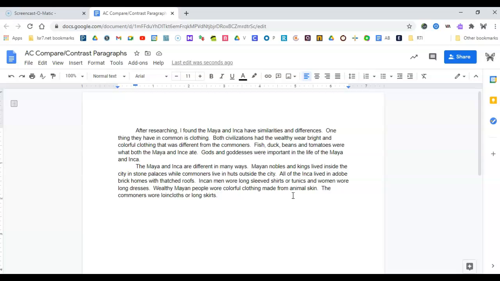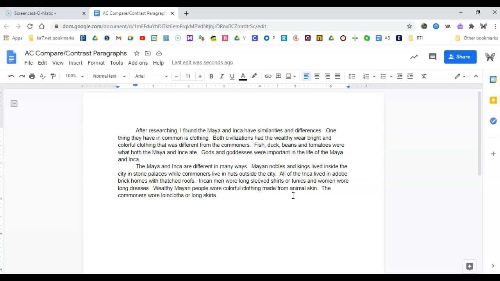I'm going to continue, and I can even mark it off on my graphic organizer. So I'm going to check off that I wrote about their homes. I'm going to check off that I wrote about their clothing. And I still have writing, gods, and then how their government is set up. So I probably have at least, if I'm doing 1, 2, 3, 4, 5, 6, I don't know, 8, 10